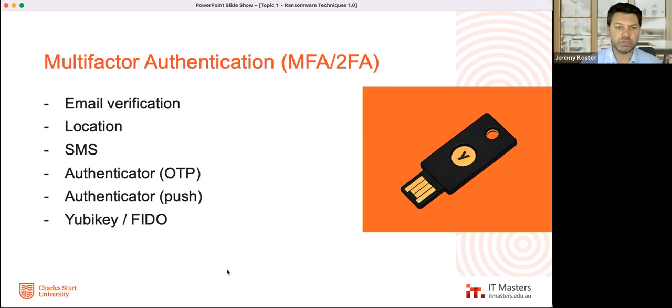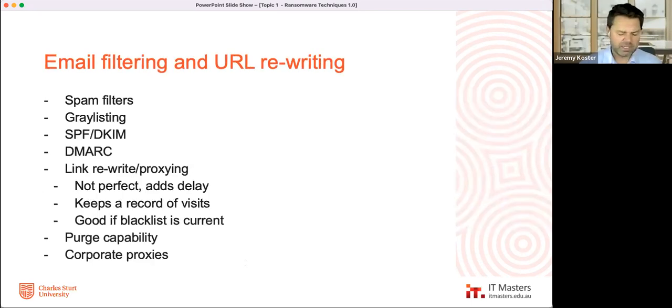Email filtering, URL rewriting is a big one. This is a good protection mechanism. I think the likes of Mimecast and the other one starting with P, and I'm not endorsing any systems. ATP Proofpoint, thank you. Some of those will do that URL rewriting as you're coming in, as an email coming into the email environment.